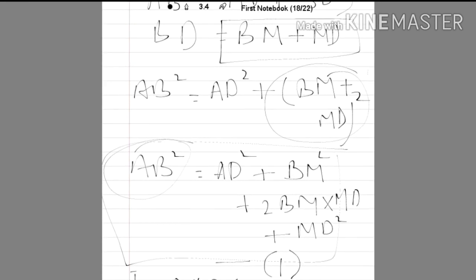proof for the application of Pythagoras theorem, right? This is the way you have to do it, the same way you have to do it by using the Pythagoras theorem only. Nothing else you have to do, because I have left that thing to you only. You have to prove it on your own.